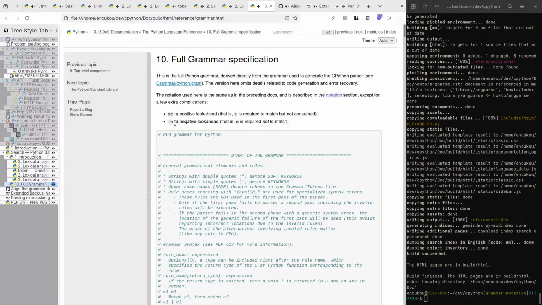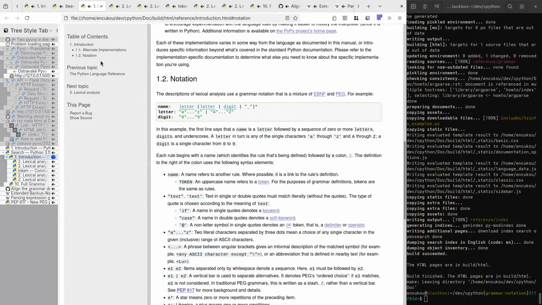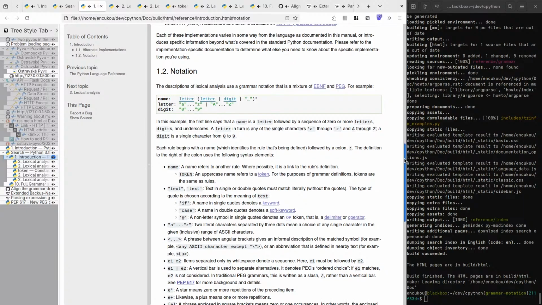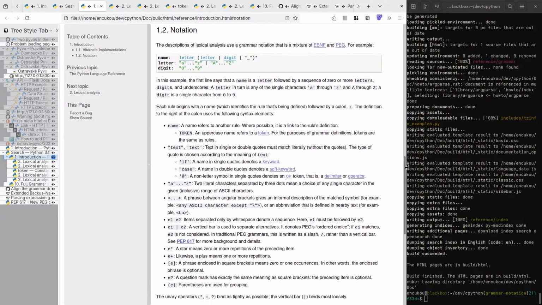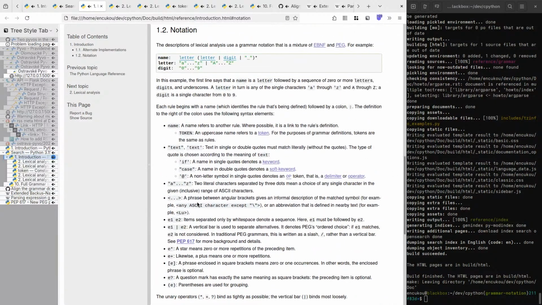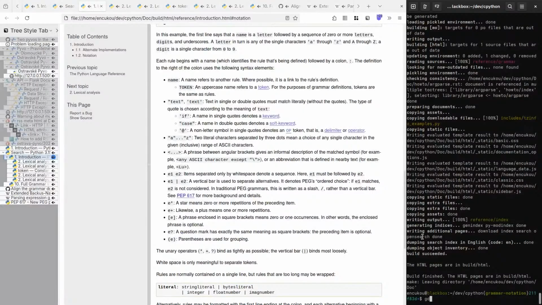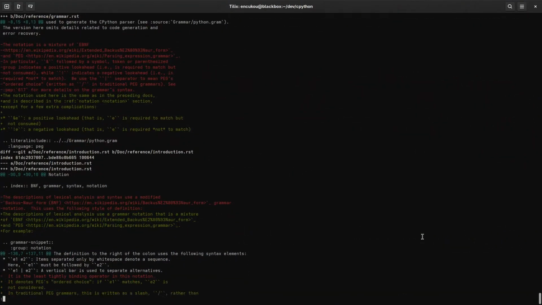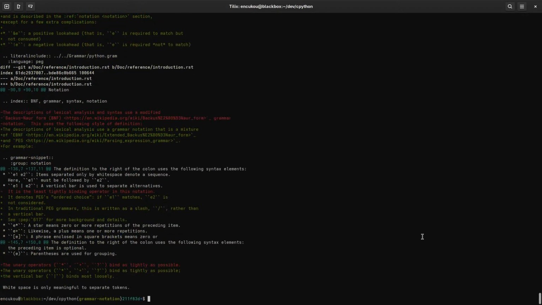Should we drop in a to-do item reminder? No. I think I commented on that in some issue, so it's tracked. Okay. So the diff looks okay.